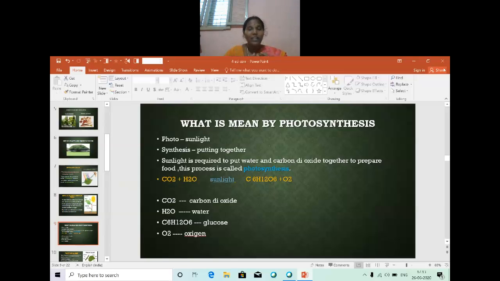Then it needs a vessel. The chlorophyll is acting like a vessel. Just imagine that. Chlorophyll is the vessel; carbon dioxide, water and minerals are the ingredients. All the ingredients are put into the vessel. It needs energy, no? Our mother gets energy from the gas. In the same way, chlorophyll needs energy, so it gets the energy from the sunlight.